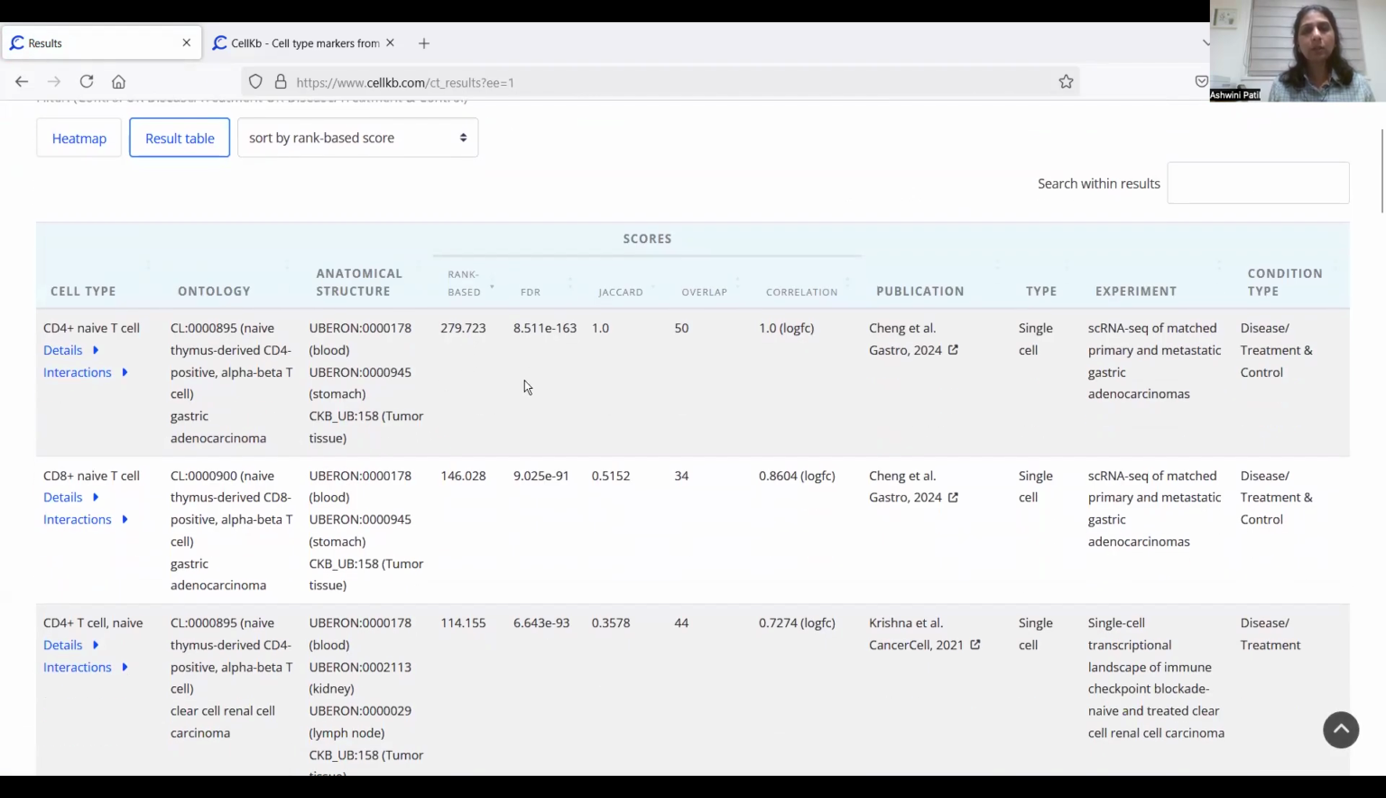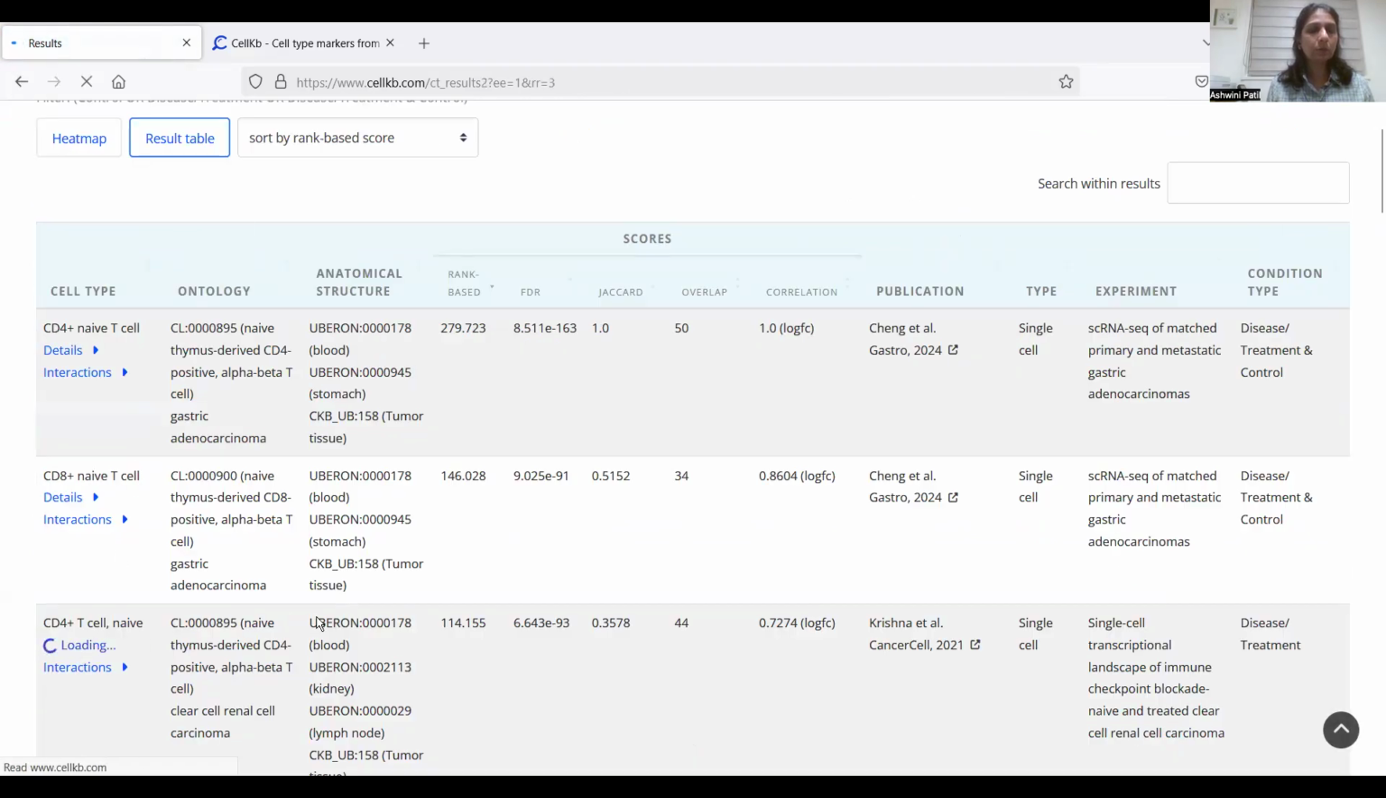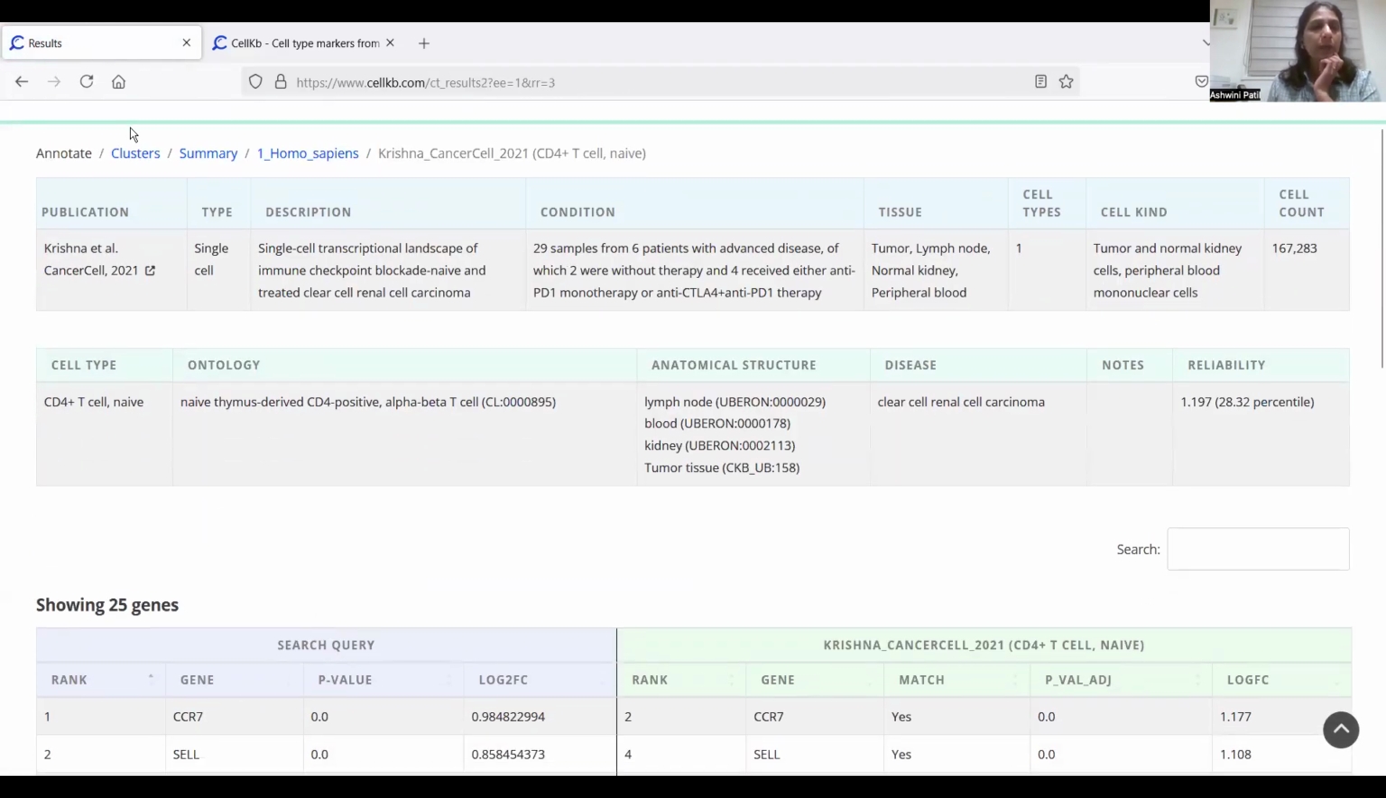This result table actually gives you the scores, a link to the paper, and then details about the publication of the match. Okay. So if you go here, this is actually CD8. Let's go to CD4. So if you drill down, so this is where we got the initial result. This is the heat map. And then if you drill down, you can see what is the paper, what was the experiment that they performed, how many samples did they have, what are the conditions, what is the cell count,